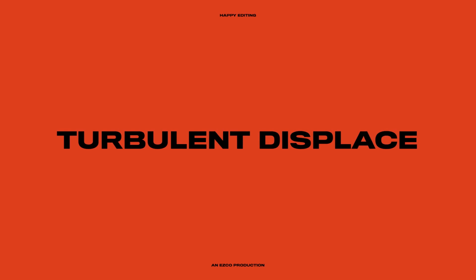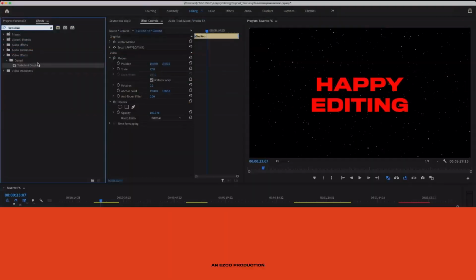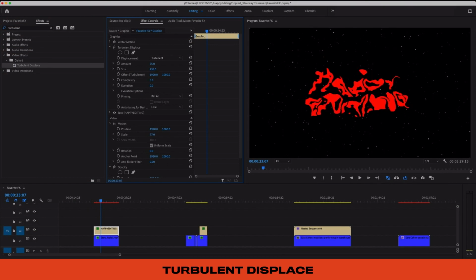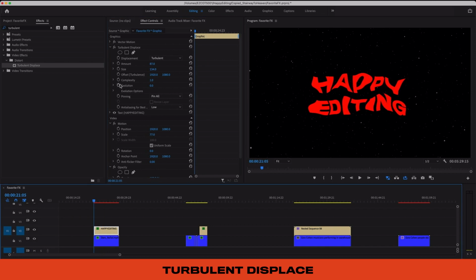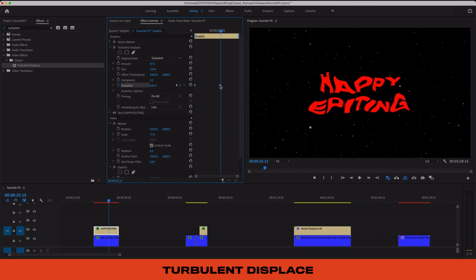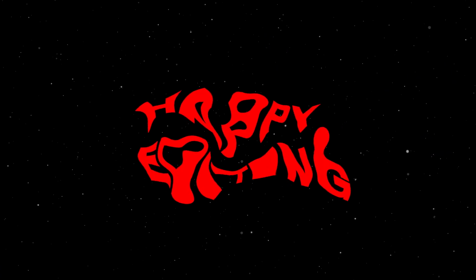So the first of my favorite effects is a really fun one, and it's called Turbulent Displace. I get asked about this effect all the time, and it's one of my absolute favorites. I kind of like this loose vibe, but we can also dial in the amount, the size, and complexity to get everything from a super loose wavy look to something way more tight. Then if I use keyframes on the evolution property at the beginning of this clip and then slide the effect up to, let's say, 360,